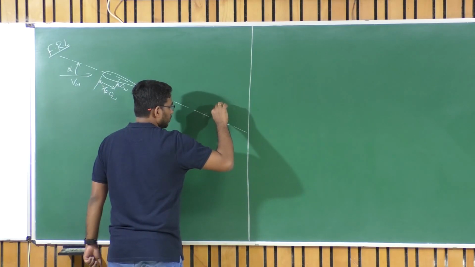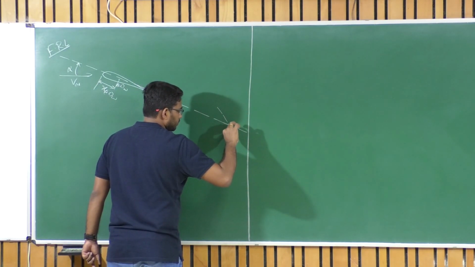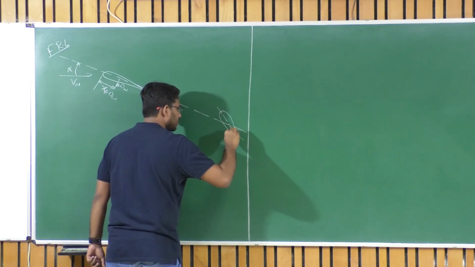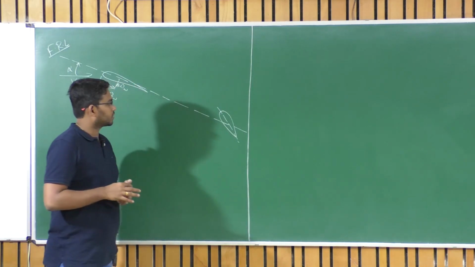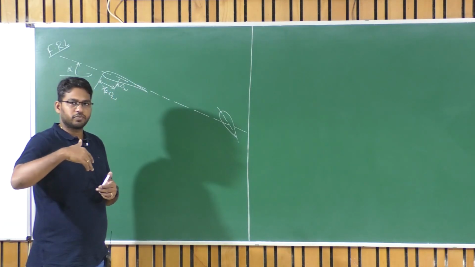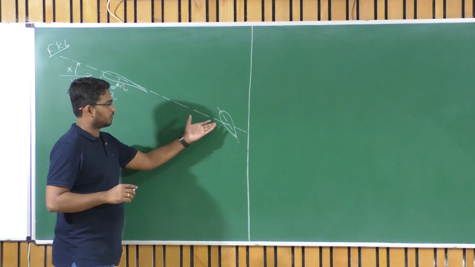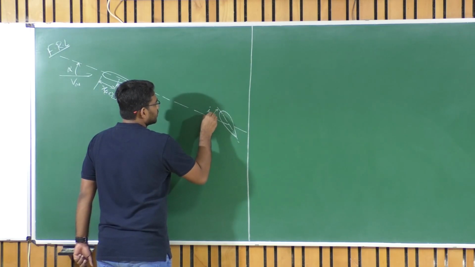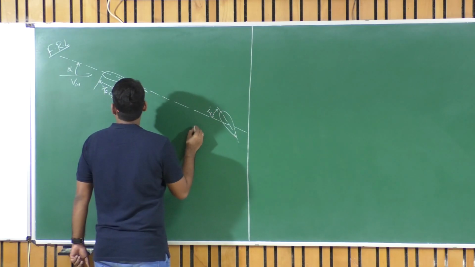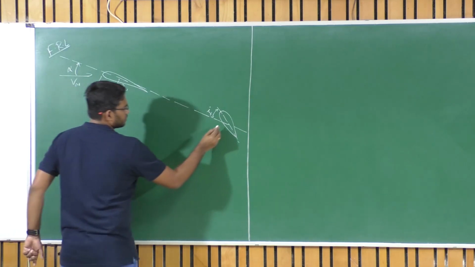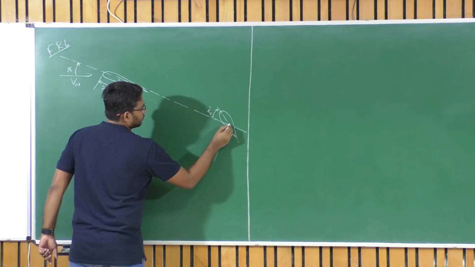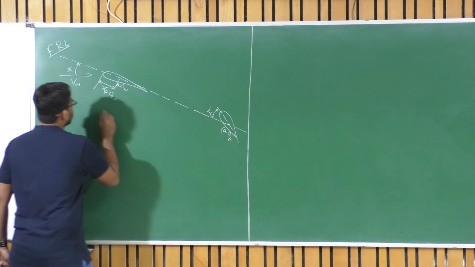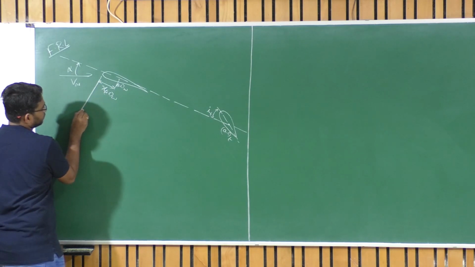And then we have a tail combination. Say this is my tail, which is symmetric. Why? Because I need to produce an equal amount of force when deflected either upwards or downwards. So for that case, I want to have a symmetric tail here, which is inclined at an angle i_t with respect to the fuselage reference line. And then, due to the downwash of the wing, first of all let's figure out the aerodynamic center of the tail, AC of tail, right, which is located at a distance XAC of tail